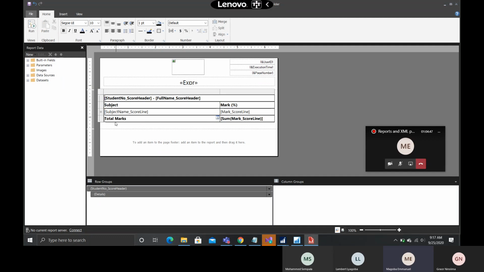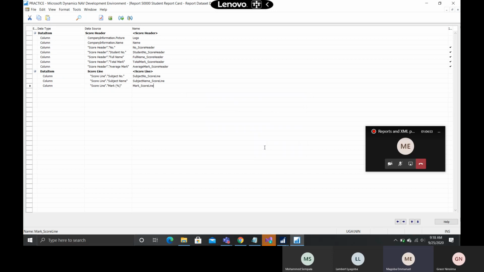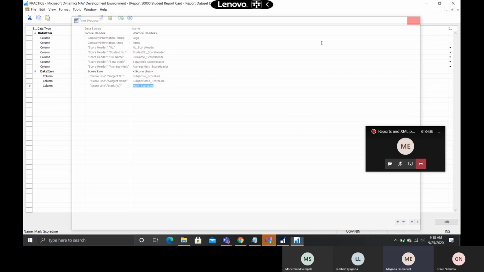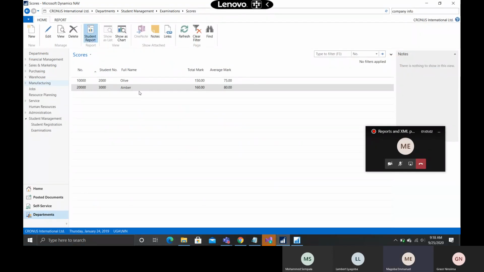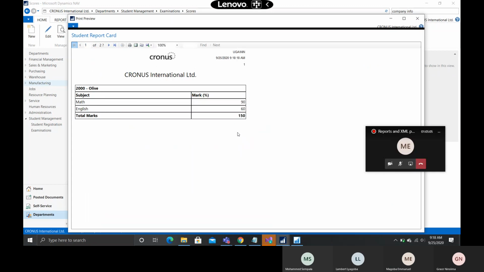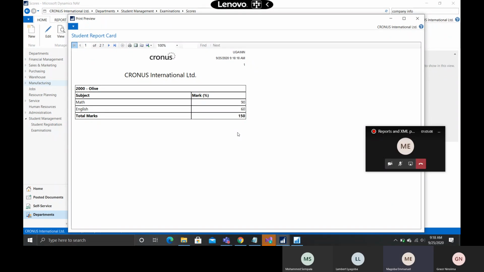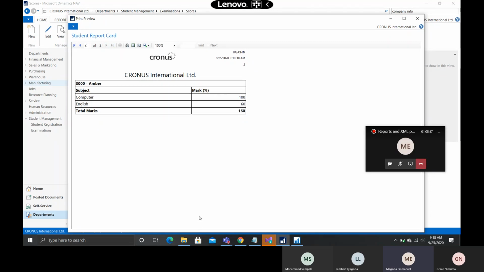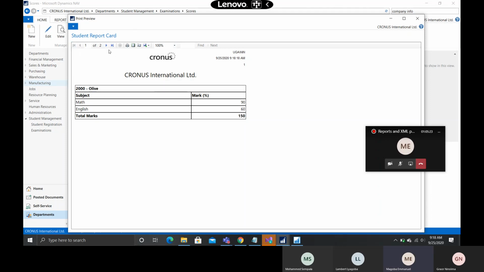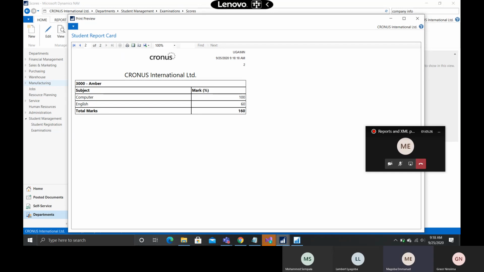so let me delete this, save, go back here, come back to my report, try to print it. How is that? We have our student name, then we have the subjects and the total marks. If I click on the next, as if there's something that is changing. I think it is the spacing here. But you can see, so that means if I send this to a printer, I will have